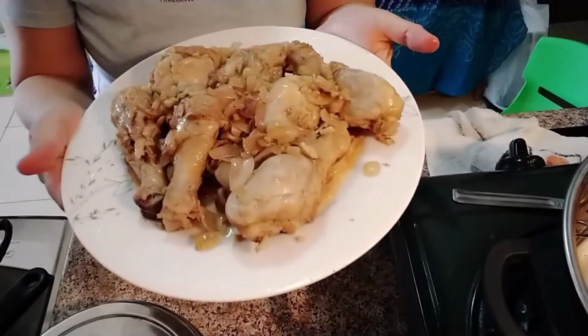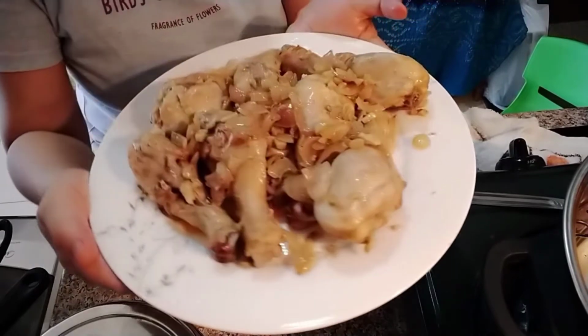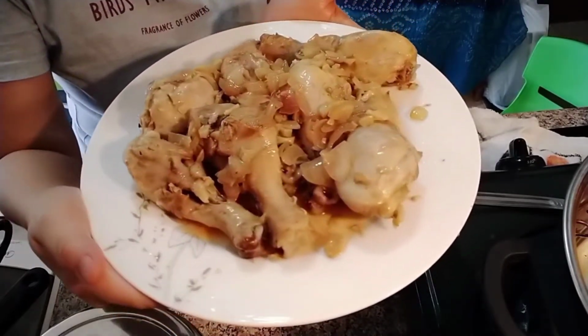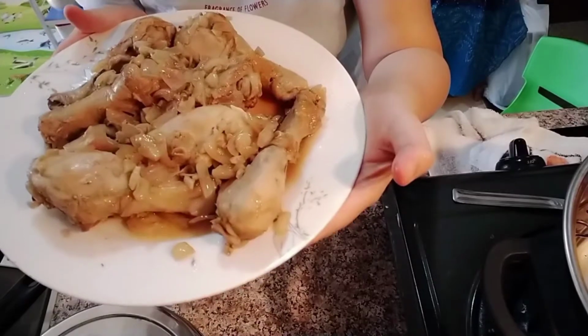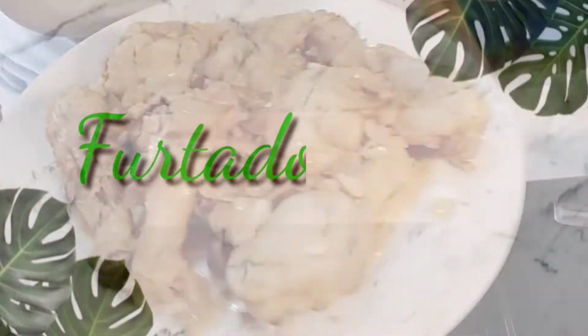So guys, this is my steamed chicken leg. As you can see, deliciously looking. As well, it tastes nice. I've tasted it and it was so nice. And very